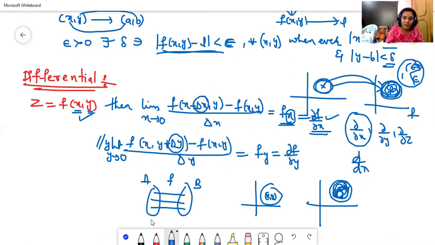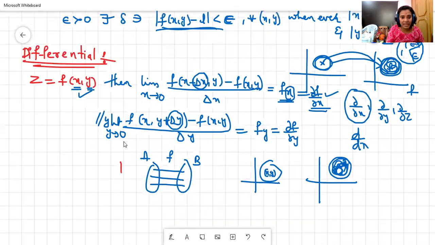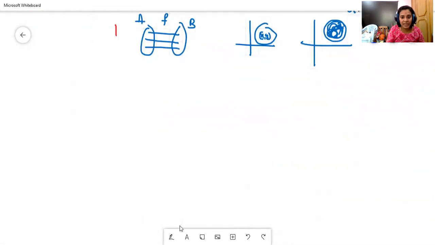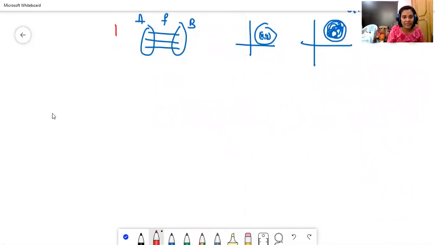But we know the differential formulas. By using the differential formulas, we can apply them to a function that has more than one variable, or several variables. Okay. And the differentiation can be taken for higher order also. For first order, that is f suffix x, f suffix y.